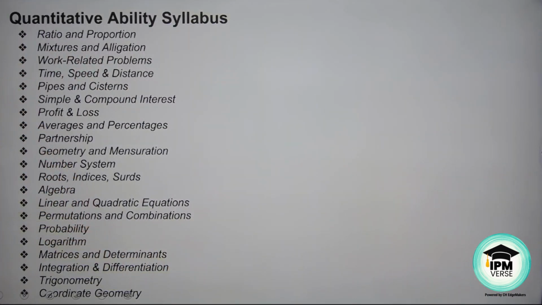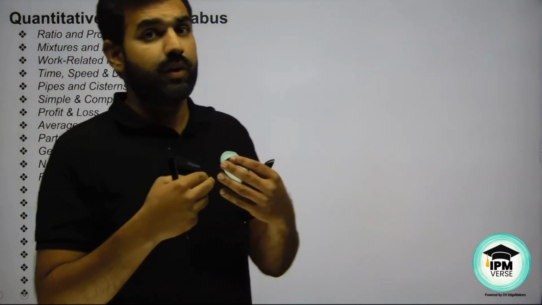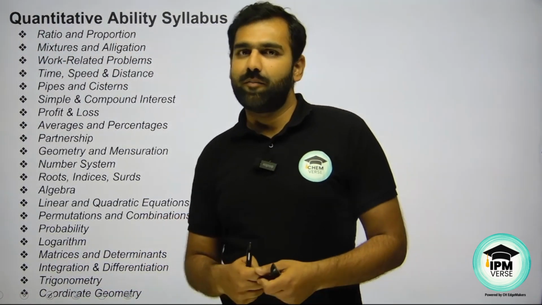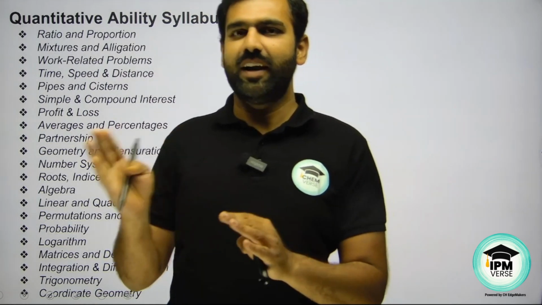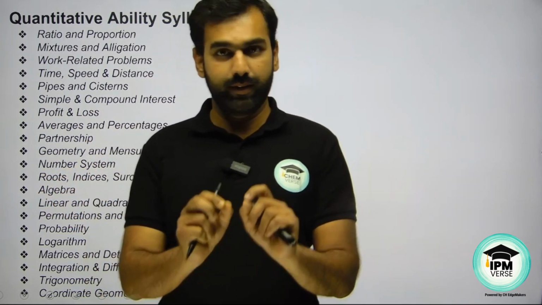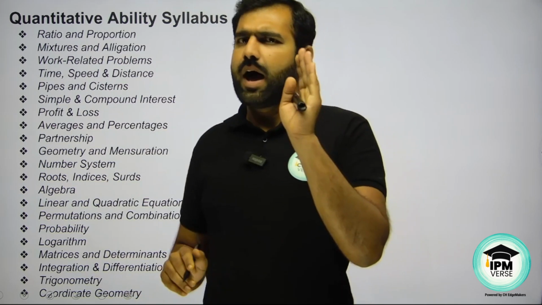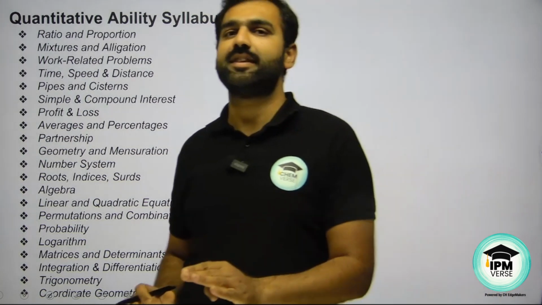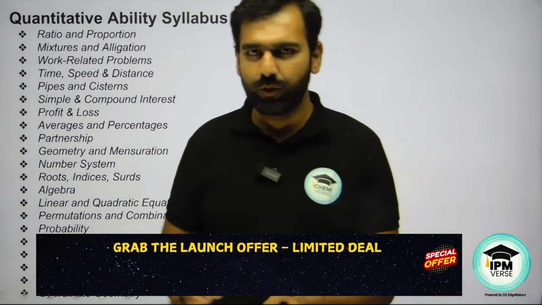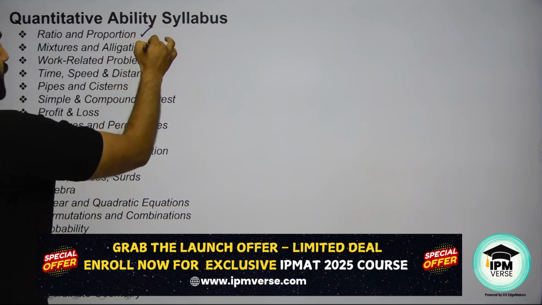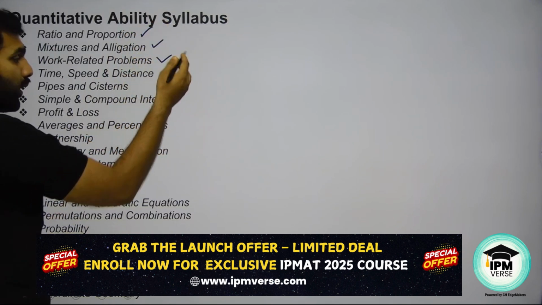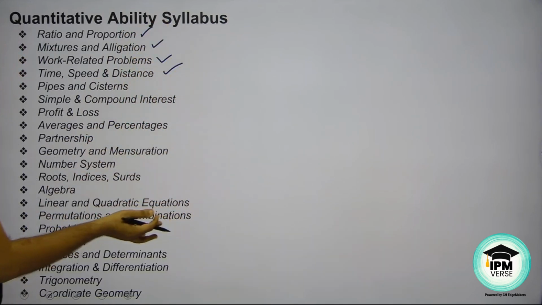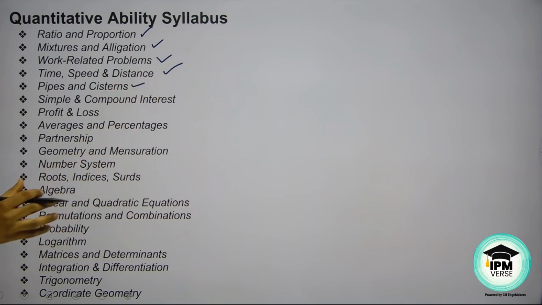It says ratio and proportion. Most of the chapters asked in the quantitative aptitude section are up to 10th standard level mathematics. So the very basic thing I would advise is to revise all the basics you have studied till 10th standard in mathematics. If I talk about ratios and proportion, mixtures and alligation, time and work problems, speed, time and distance problems, work and time has its own extension,